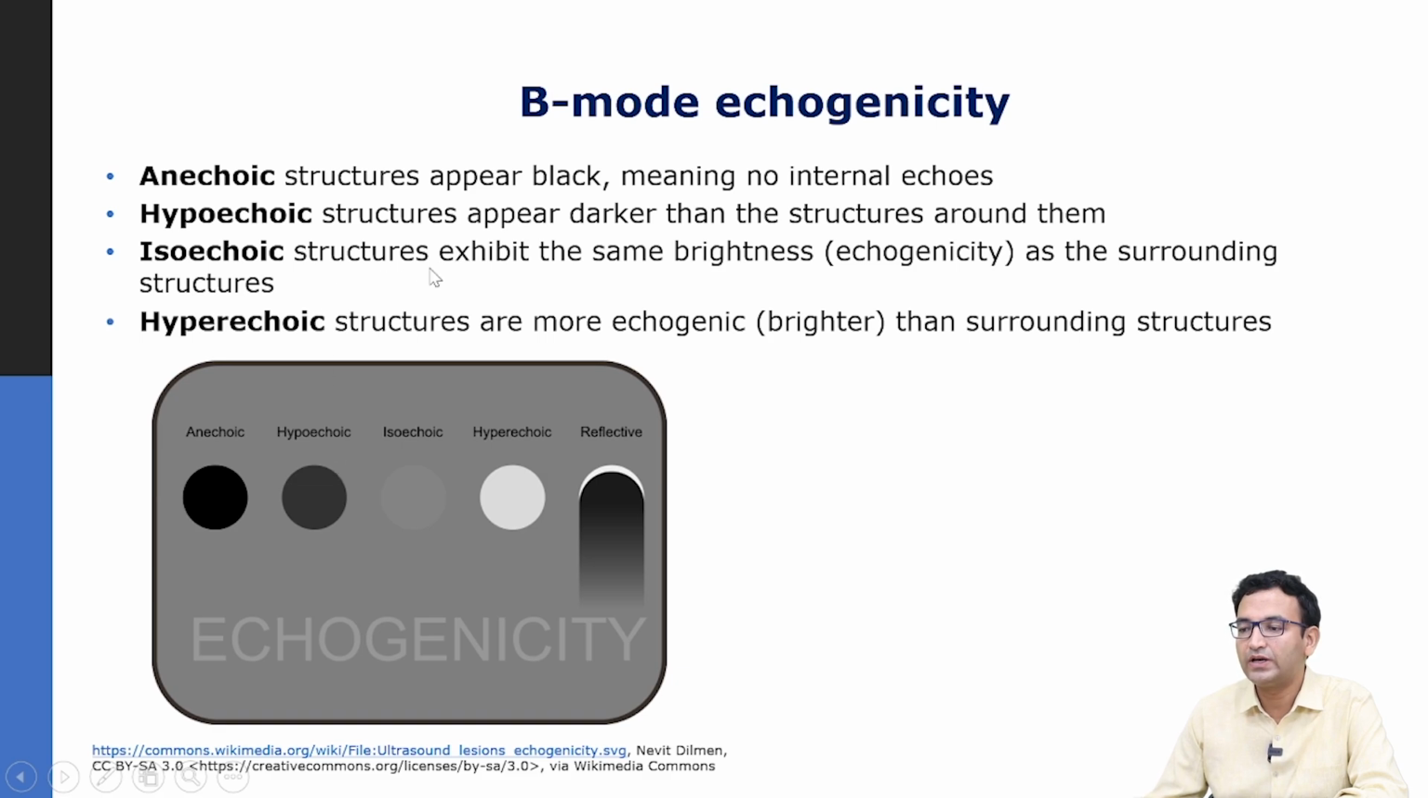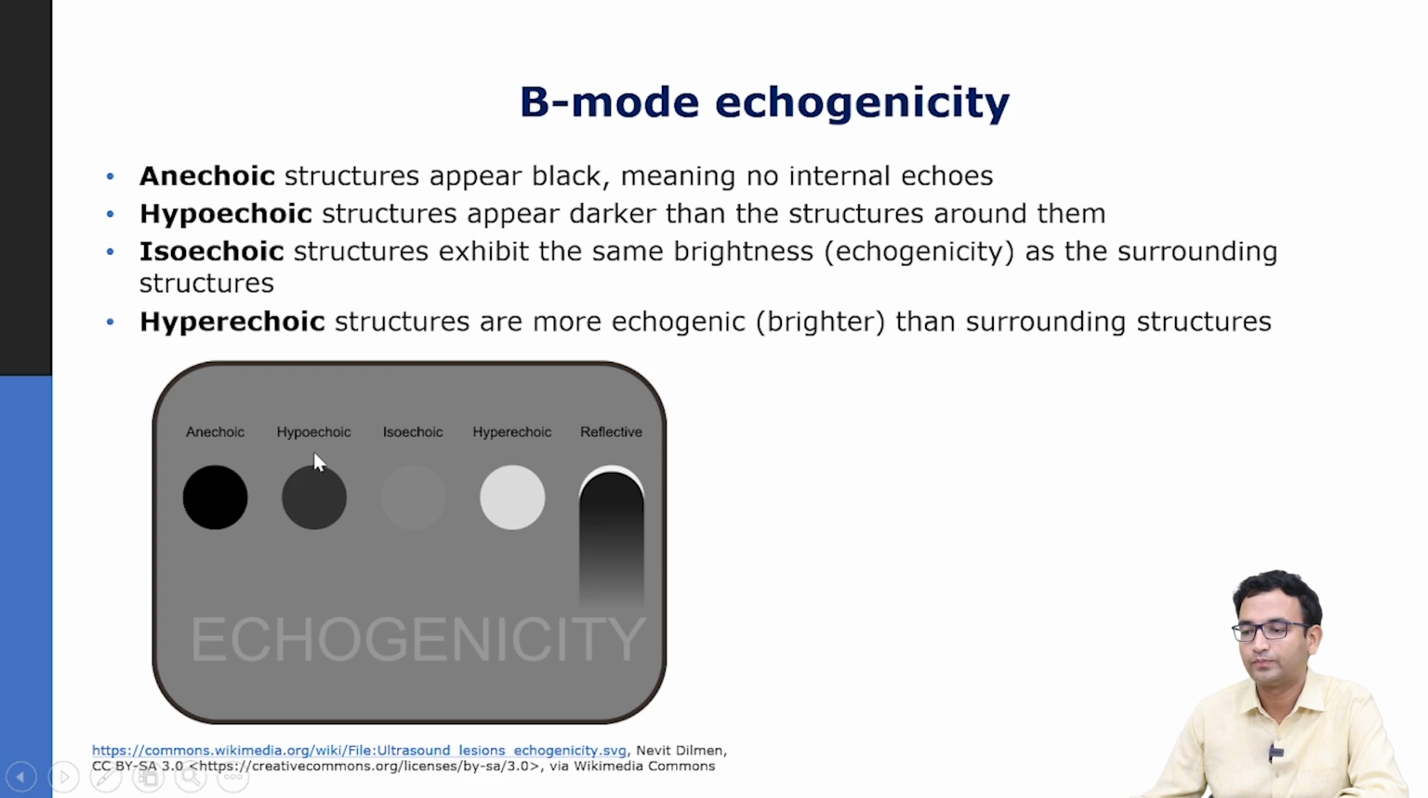There are isoechoic structures which exhibit the same brightness as their surrounding structures. So, for example, imagine having an isoechoic tumor, which means that the echo signal coming out from the tumor is almost similar to the surrounding background. So, what would happen? This tumor would be very difficult to spot. So, let us assume this is a tumor against this background. This tumor in the presence of electronic noise would be very difficult to spot and would therefore be called an